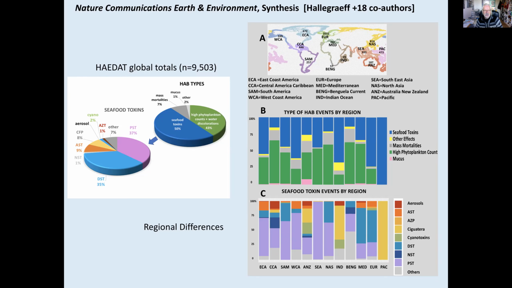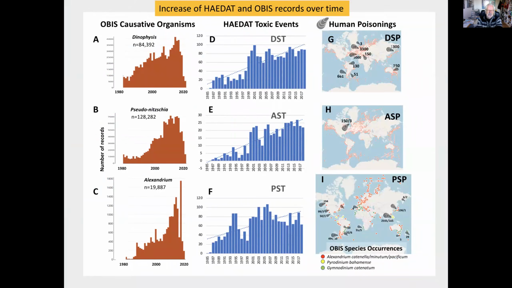So this is the first hint that we probably should not talk about HABs as a global phenomenon. We should look at them at least region by region. Then we started to look at trends. So these are the key categories of HAB toxin syndrome,